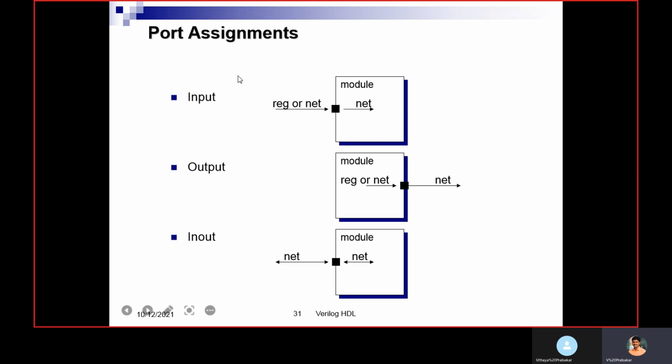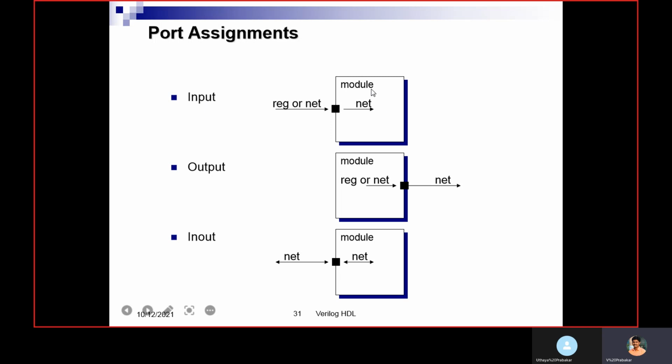Then port assignment. This one we discussed in the test bench. This is nothing but the design module. The outside is nothing but the test bench. Okay, the ports are of three types: input, output and inout. Inout is bidirectional, these are unidirectional.